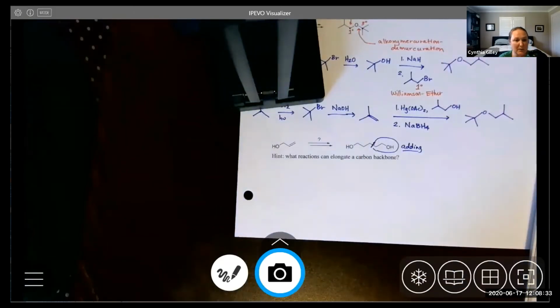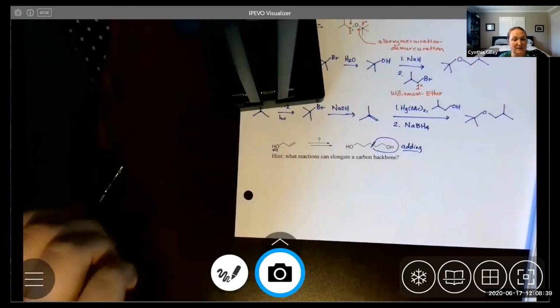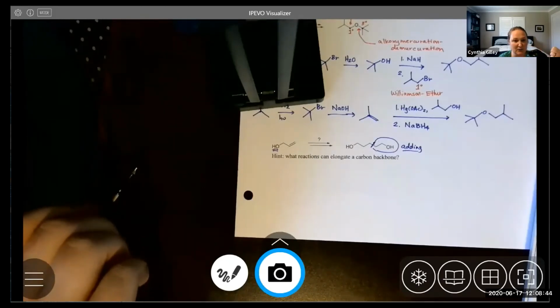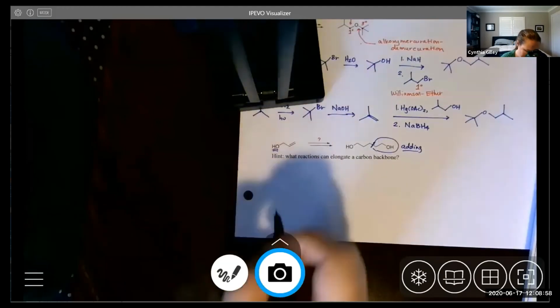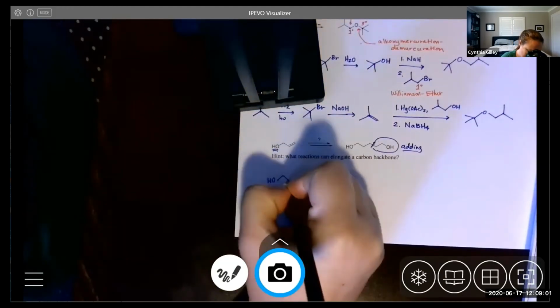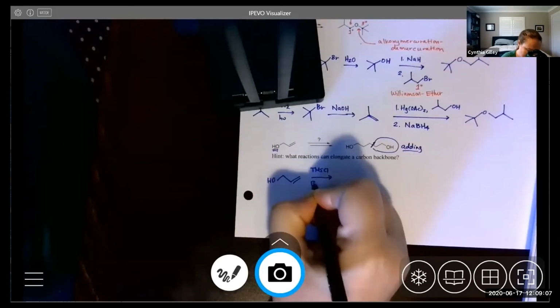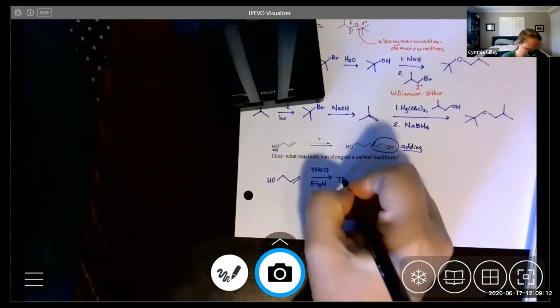Then I'm probably going to have a problem with this alcohol being unprotected. Because what are my choices for making a new carbon-carbon bond? Right? I either have to do an alkylation with an alkyne, which requires protection of that alcohol, or a Grignard reaction, which requires protection of that alcohol. So probably no matter which one I choose, I have to protect this alcohol first, and then we'll deal with this. So if we protect, remember conditions are TMS chloride and a base. To show it protected, TMSO,